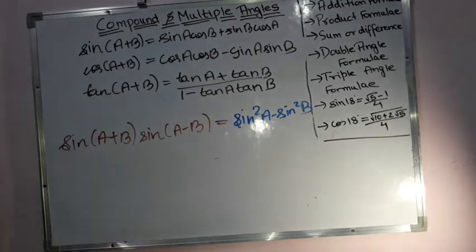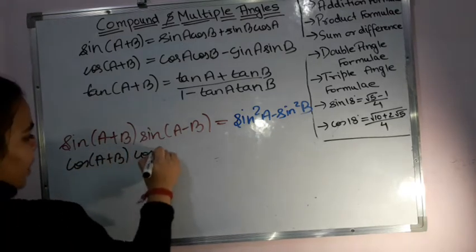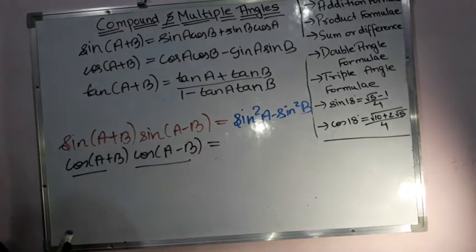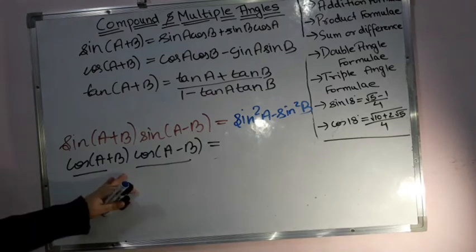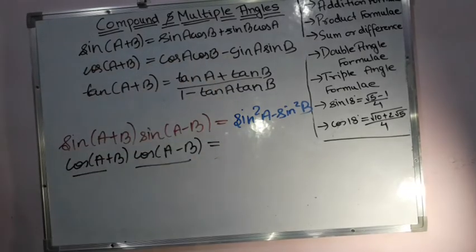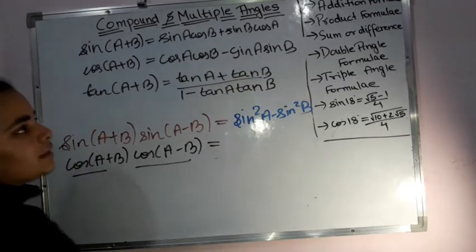Now after this, let us see the second one, that is for cos. If I have cos A plus B and cos A minus B, then doing the same thing, because I have these formulas, I am not solving it, but still you can just recall in your mind the formulas for cos A plus B and cos A minus B, and from there you will get this particular thing. That means we will have cos square A cos square B minus sin square A sin square B, and